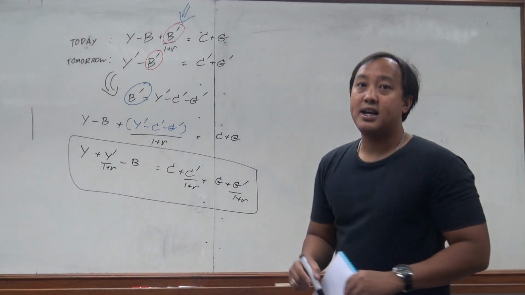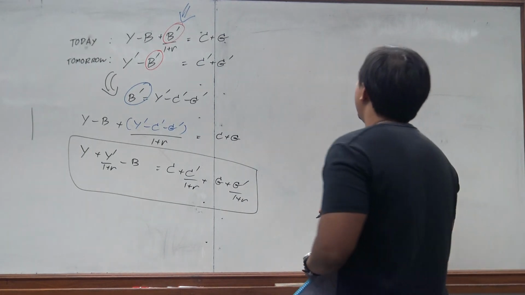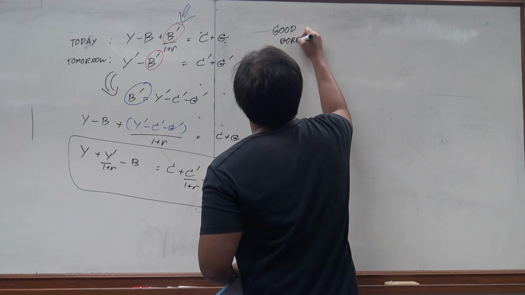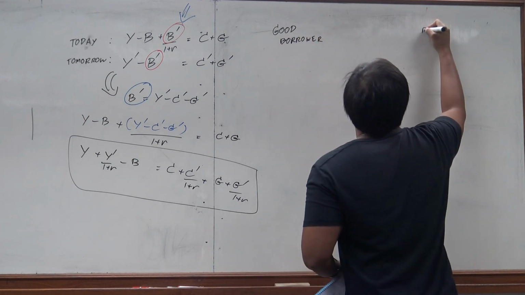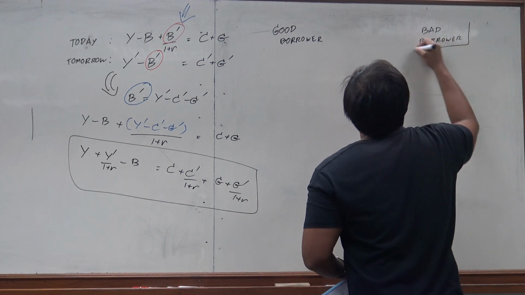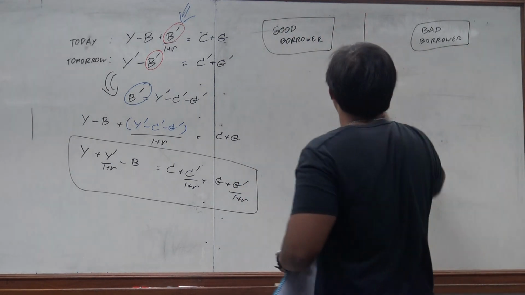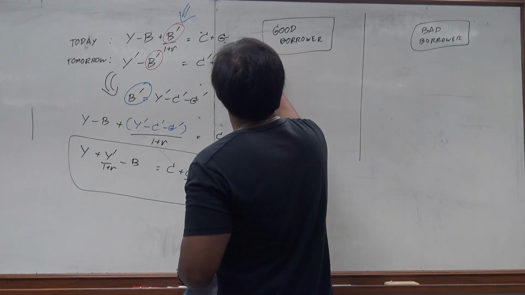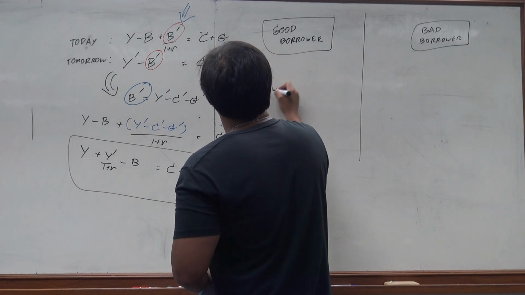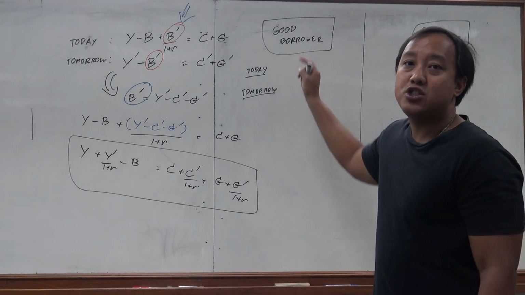Then next, we're gonna have two types of country. We're gonna have the good borrower country, and we're gonna have a bad borrower country. So what is it gonna be? Today and tomorrow. For the good borrower country,